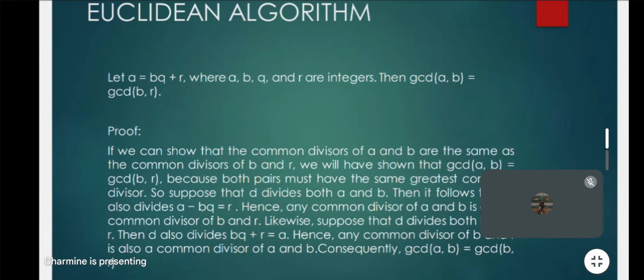If A equals BQ plus R, where A, B, Q, and R are integers, then the greatest common divisor of A and B equals the greatest common divisor of B and R. So if we can show that the common divisors of A and B are the same as the common divisors of B and R, we will have shown that the greatest common divisor of A and B equals the greatest common divisor of B and R, because both pairs must